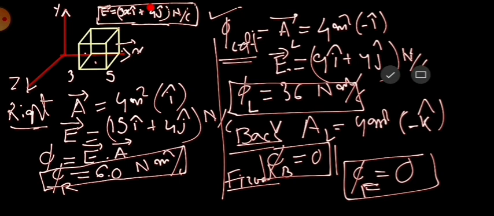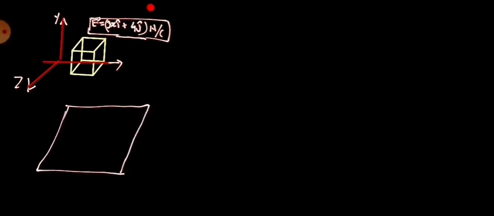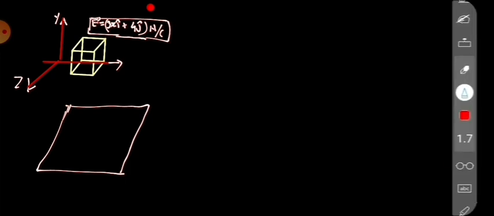Now there are 6 surfaces, and out of the 6, we have found 4. Now it's the top surface and the bottom surface. I hope you have understood this. Now let's calculate for the top surface. I will draw only the diagram of the top surface. So the top surface diagram, if you see, is